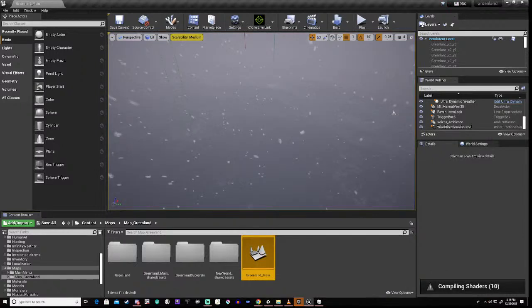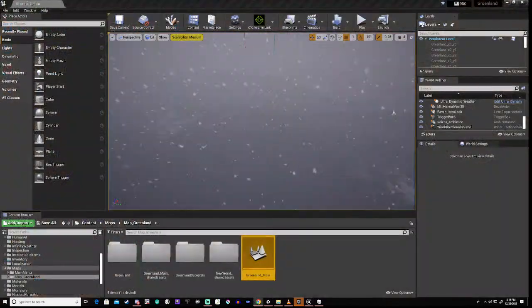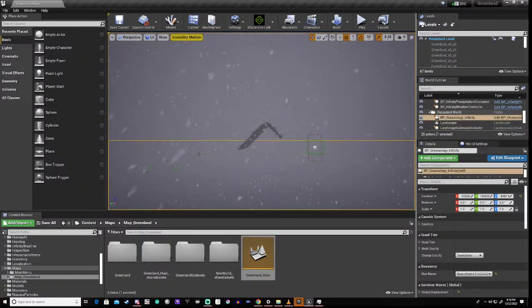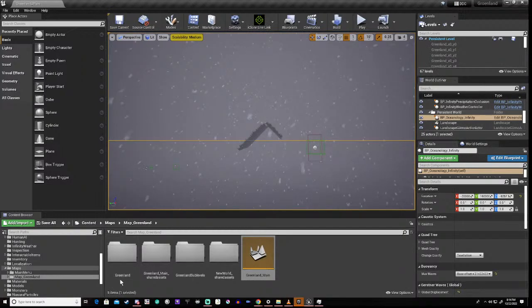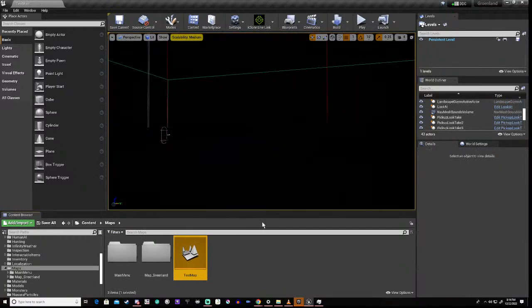Right, apparently it didn't crash, it's apparently just deciding to do something now. Which is nice, I suppose. Right, so this is the weird look when we do that. So, if we go back to our test map,